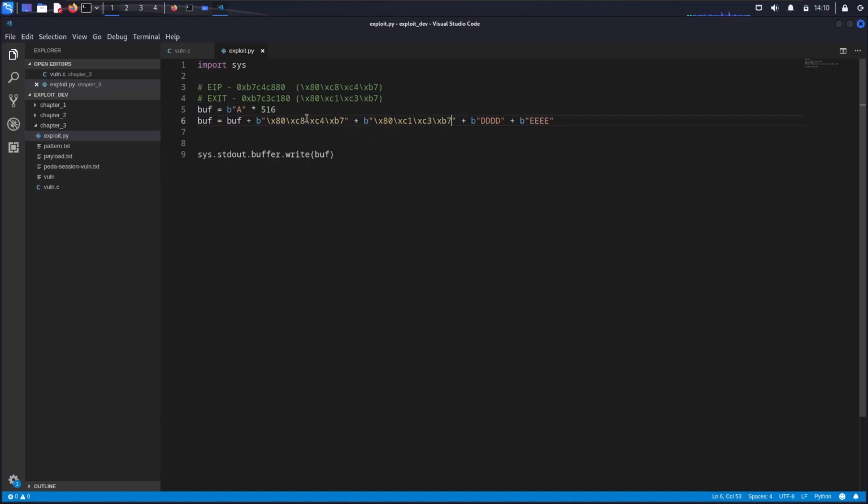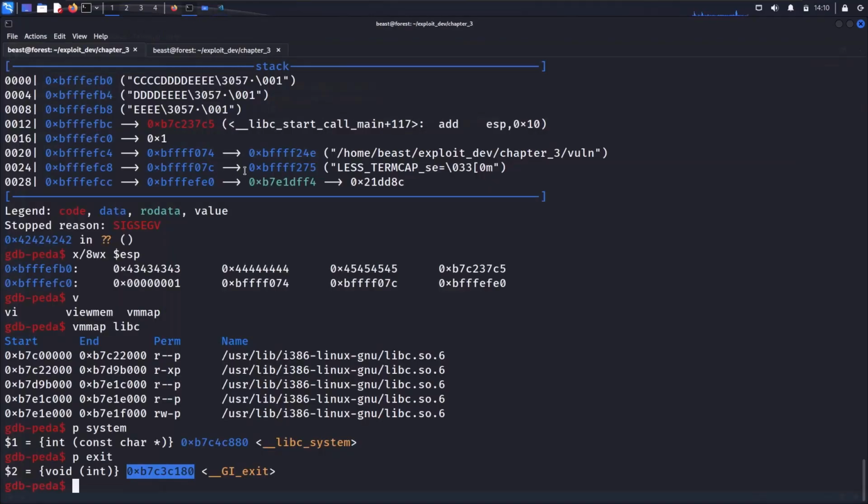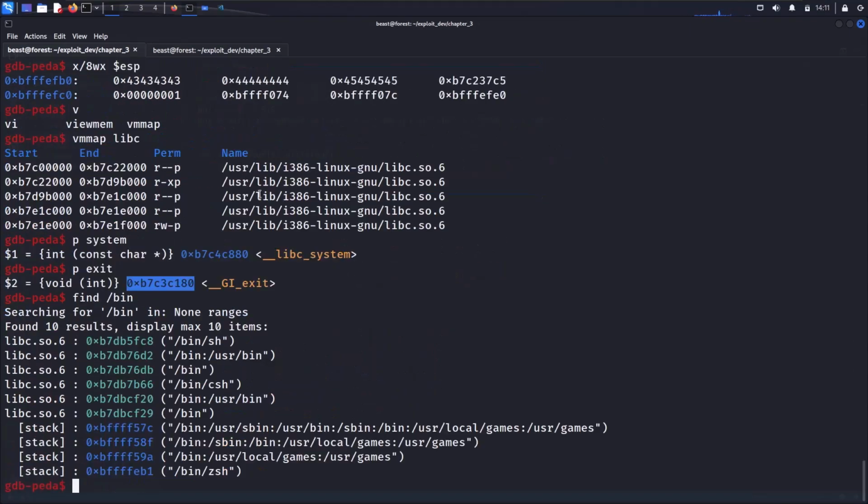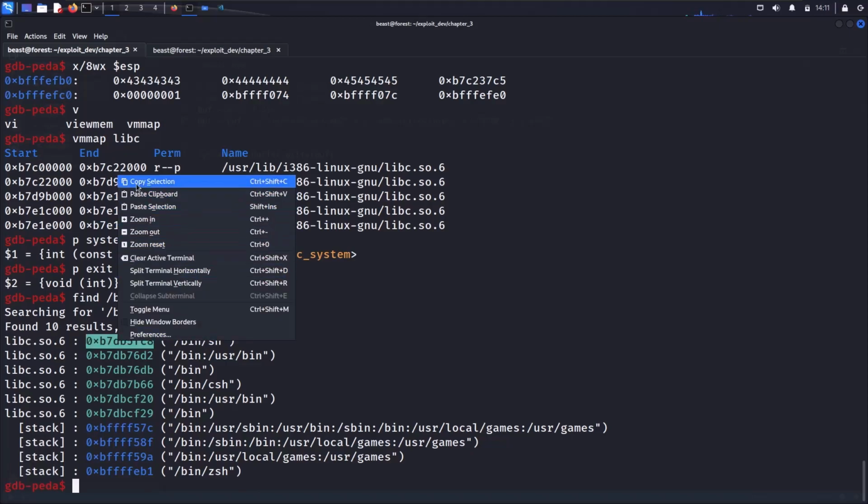And for the system function, we need to provide an argument, and the arguments will go in here. So what we need to do is find a program that will give us a reverse shell. For that we need to find /bin/sh, /bin/bash, /bin/zsh. So let's find /bin in peda, and there are such strings in the stack also, but we will use the generic libc binary. So we will use this thing,